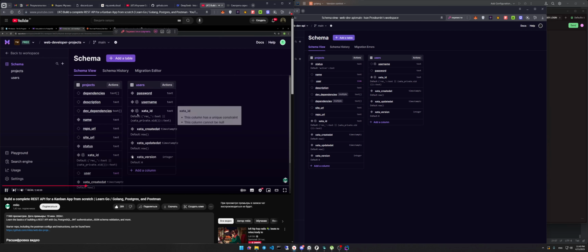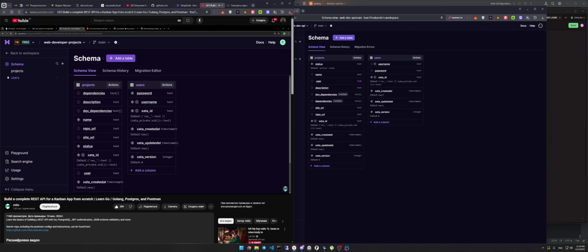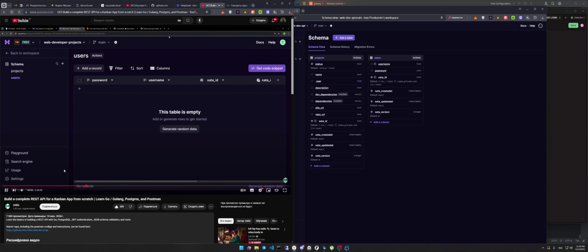Unfortunately, you can't use the foreign key. Well, you can, I think. It's in the doc, but it doesn't work. So this is the way I figured out how to do it. So now we have our projects and our users, so we can go ahead and